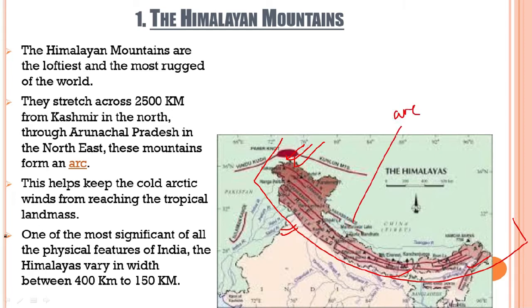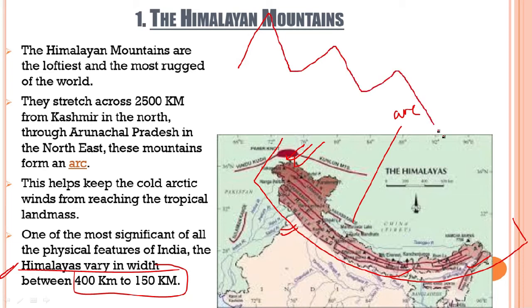Clear? Okay. Next point, we saw that the variation in the width is between 400 kilometers and 150 kilometers. Of course, we'll try to also learn this through an illustration in the coming slides, but we see that when we come across different ranges, different sections of the Himalayas, there is a range of variation in the width. Okay, so that is what we are going to learn. For example, this is how we will calculate the width.